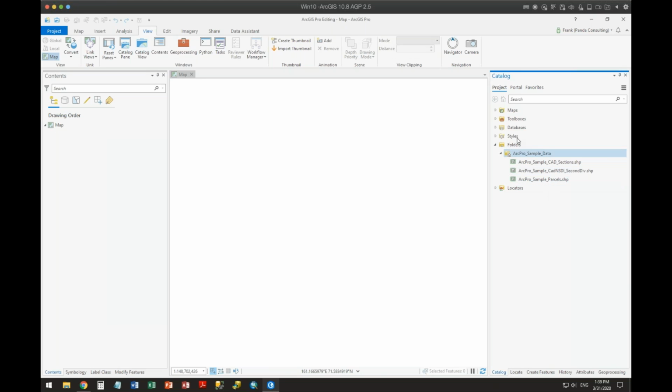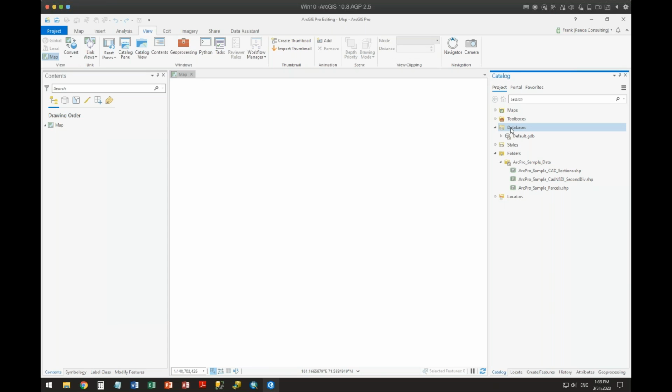Now, if I had a database in there, it would show me that file geodatabase in that folder, which I could use. However, it does not use personal geodatabases, only file geodatabases, and then you could create connections over to SDE and such.